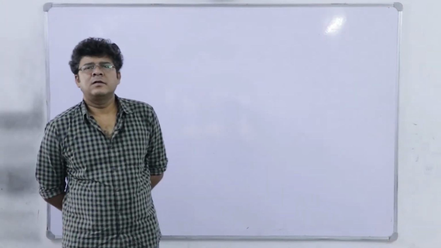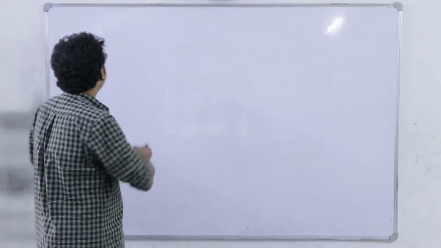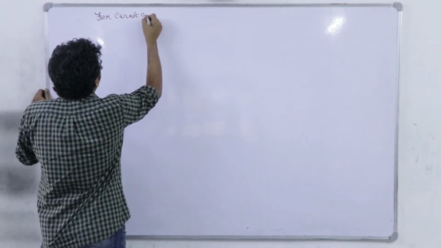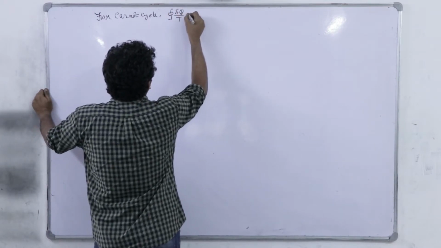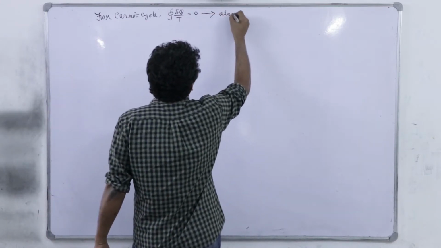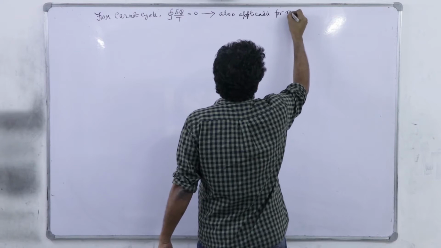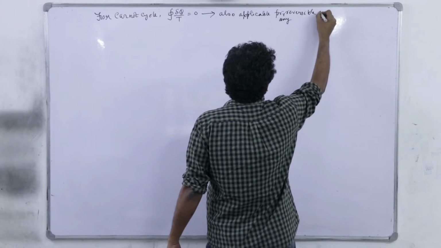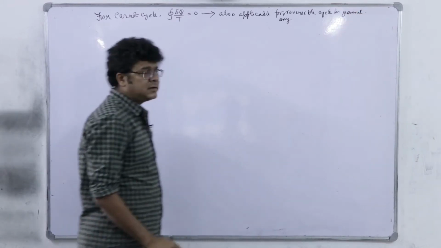So, in this session we are going to discuss first about the Clausius inequality. See, for Carnot cycle we have established the cyclic integral of del Q by T equal to 0. This is also applicable for reversible cycle, for any reversible cycle in general. So, first we have to establish that, right.